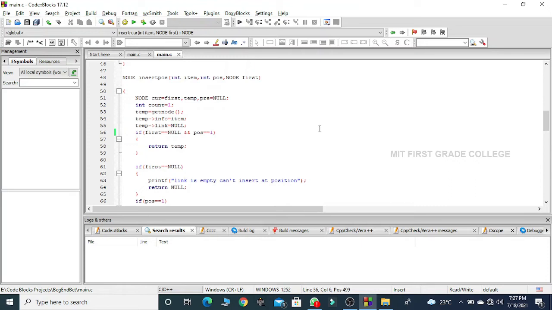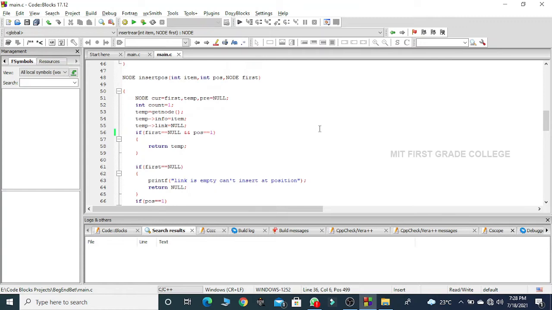I am declaring three pointer variables. Current, to which I am assigning the address of the first node. Temp, which will be used to point to the address of the newly created node, and previous equals null. I am also declaring one more variable count and initializing the value to 1.